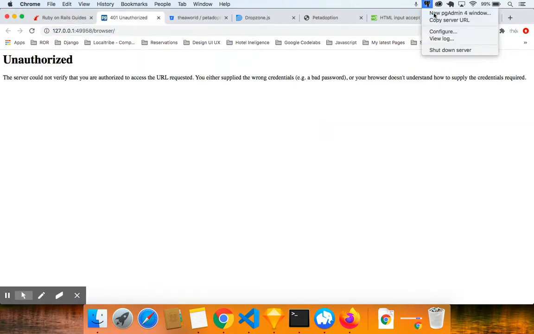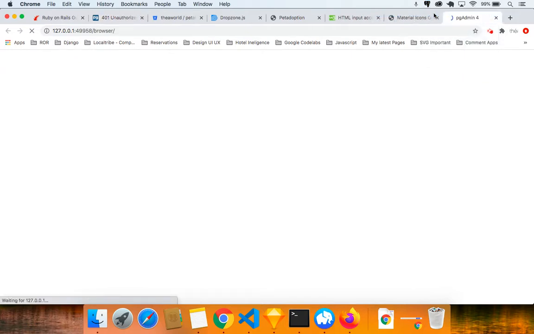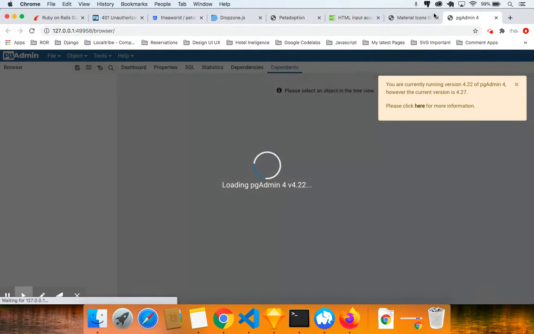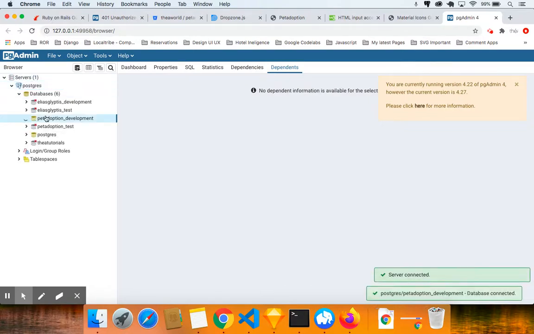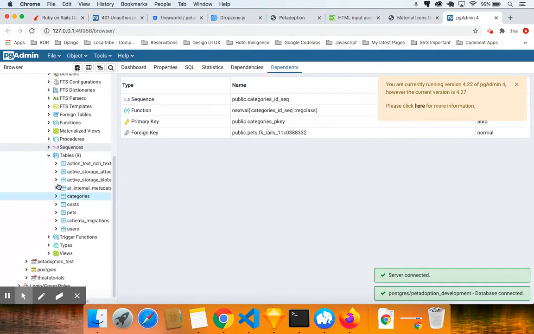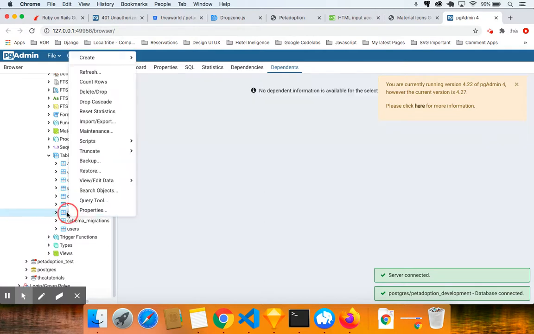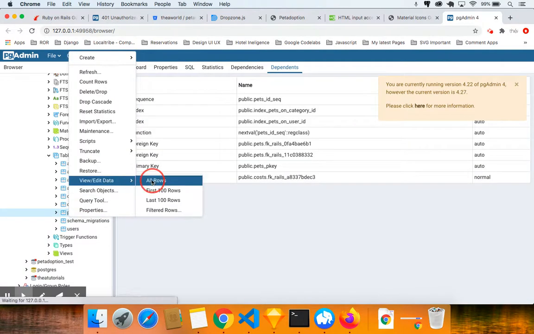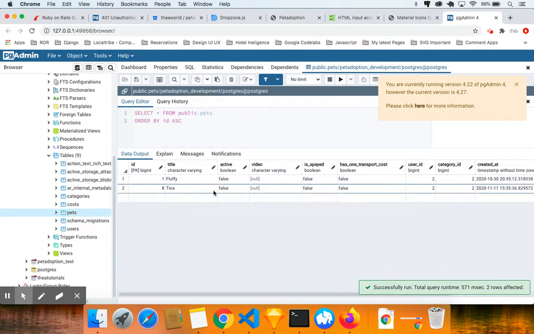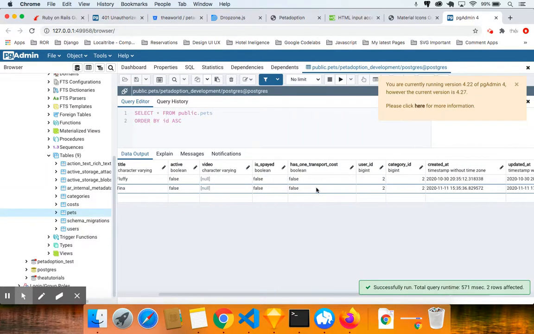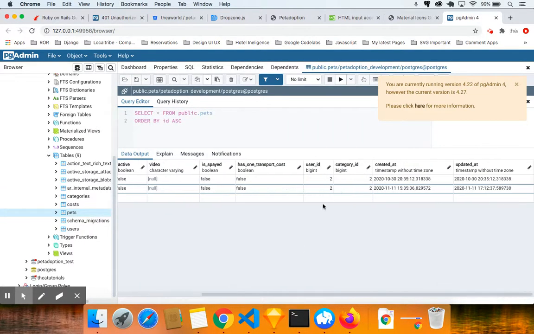New pgAdmin window. View all rows. Okay. We selected those, but